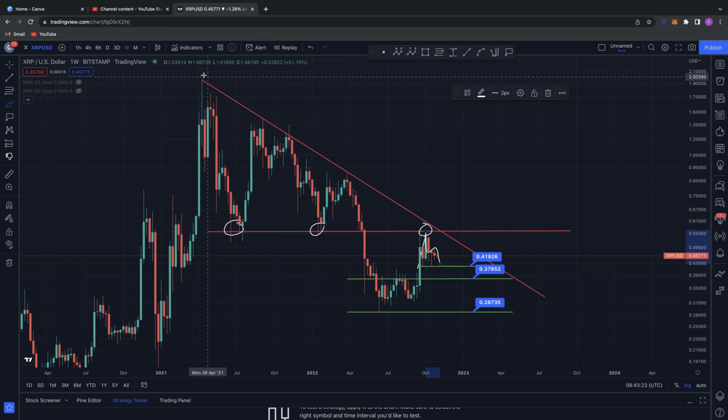Equally, we've got this trend line here from the all-time high. This is the resistance line that XRP is continuously running into. We did just run shy of it recently when we came up to this 56 cent area, but potentially right now what I'm looking for is a pullback to these areas of support, because you've coiled up in this double bottom here between two levels of key support for us currently. At this double bottom, the breakout target was met,